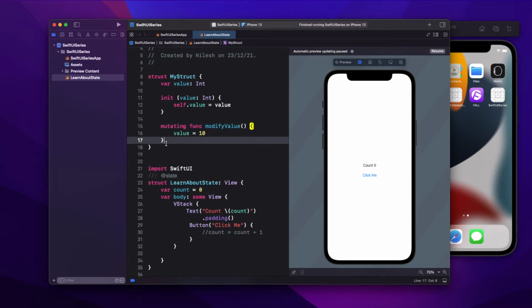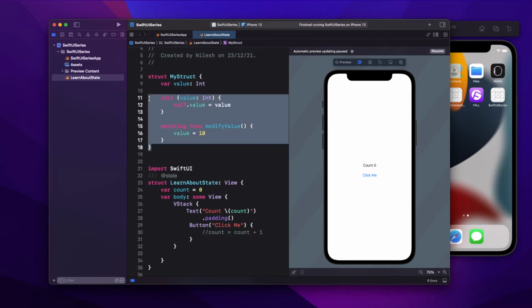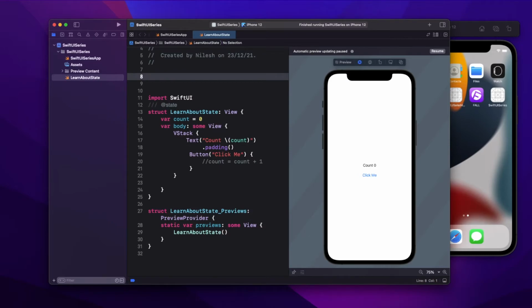Now, similar to that, this is what @State does here. If I declare this with the @State keyword, sorry for the spelling mistake, in the background Swift makes this variable mutable inside the struct itself.